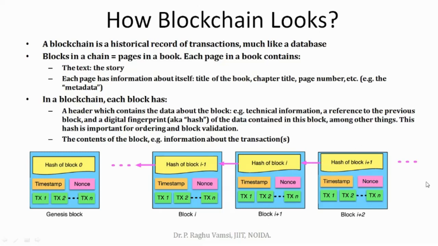Like that, the transactions will be included in the block, and this entire block will be sent to the cryptographic hash function, and the hash of the block will be generated, and this hash of the block will be used in the next blocks. Like that, the block generation will happen. Assume that over a period of time 100 blocks were created. Now